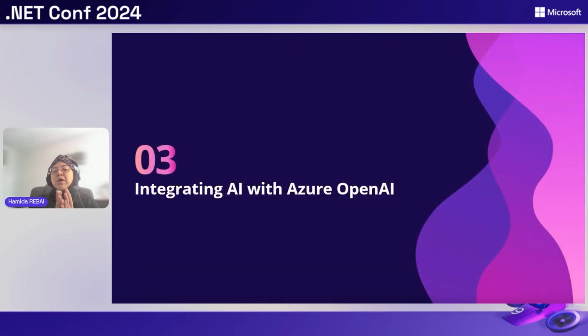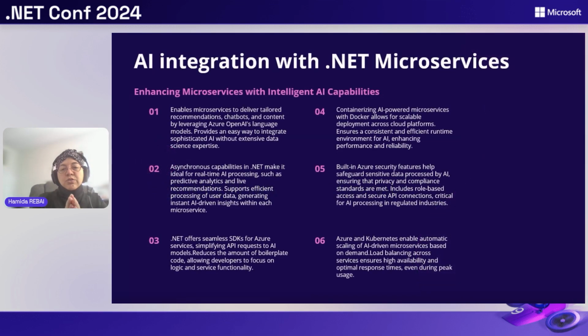Now we talked about using .NET 9 to create microservices. And now we will see how we can integrate AI with Azure OpenAI, and what we need to do that. So you are looking at how .NET 9 microservices can be enhanced using Azure OpenAI for smarter, more responsive applications. It can be an e-commerce or healthcare application. In our case, we will focus more on e-commerce. It's an example, but it can be used for any sector like healthcare or financial. So it depends on your application.